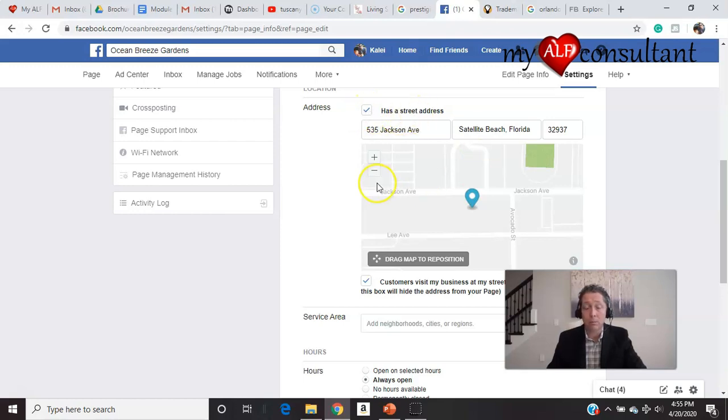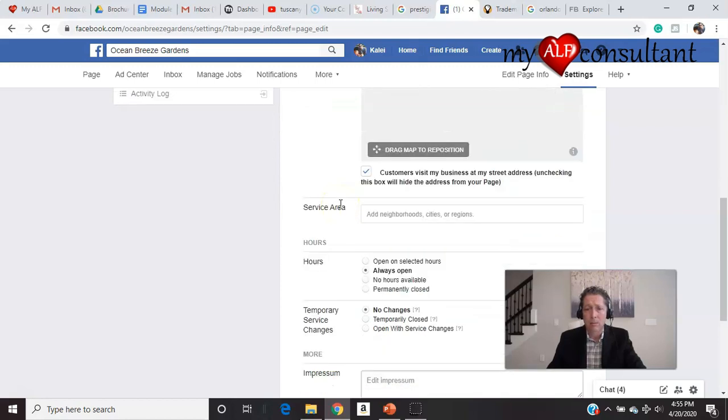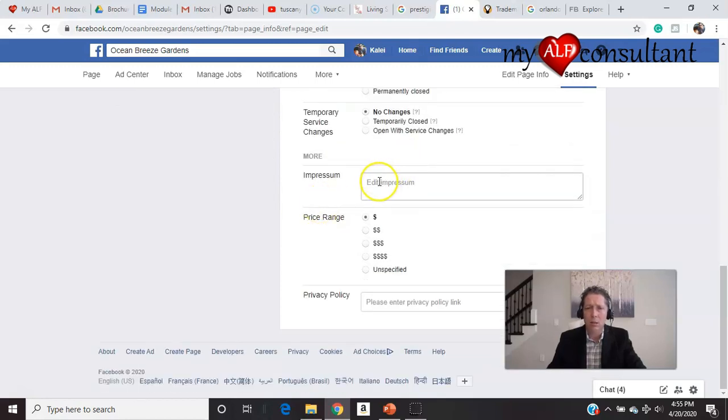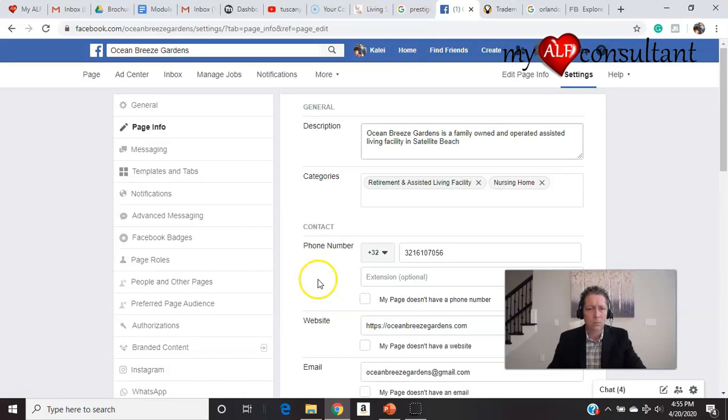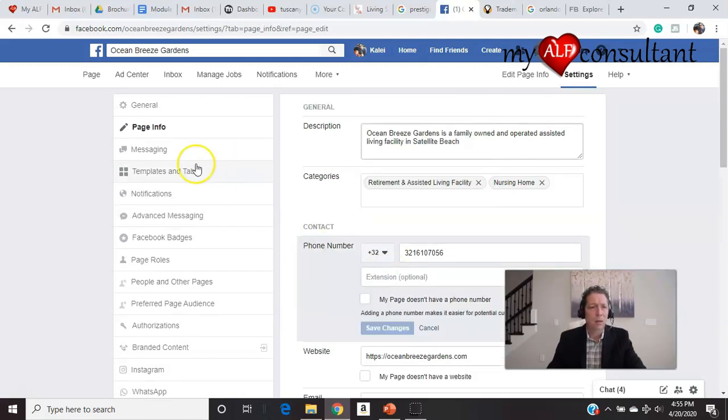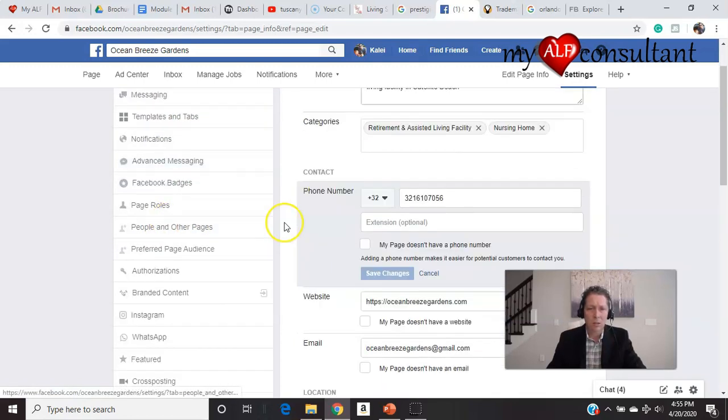So you could start to build this. You don't have to make it public yet. Set your hours, click on the pricing. I don't know why this didn't stick. Anyway, everything that you can select.